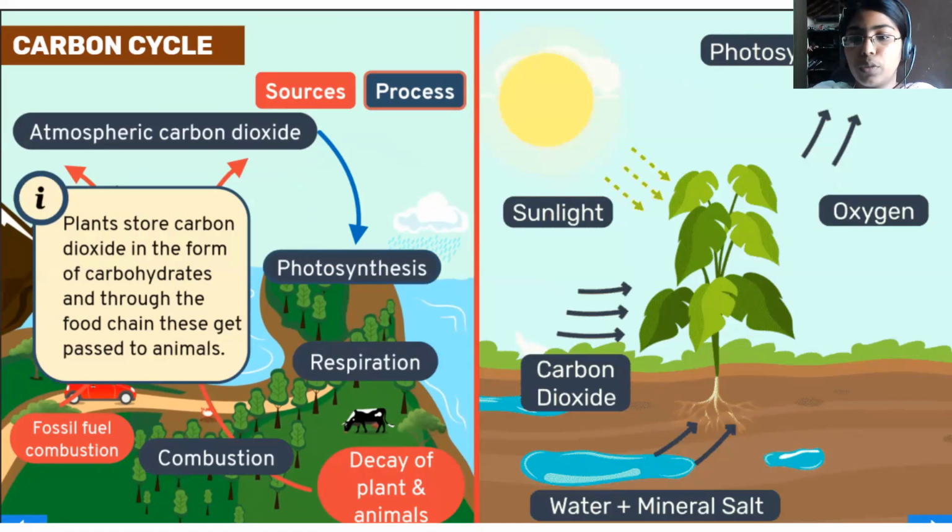So we could make a copy of that. I have differentiated this and given it to them. You could make a diagram of this one, that's enough. The photosynthesis process is not necessary. The carbon cycle is important. Just make a note of this one. You need not draw the plant and tree cells. Just look at the arrow marks and point them out, that's enough. The red color denotes the sources and the blue color denotes the processes, how it is involved. You just make a differentiation on that.